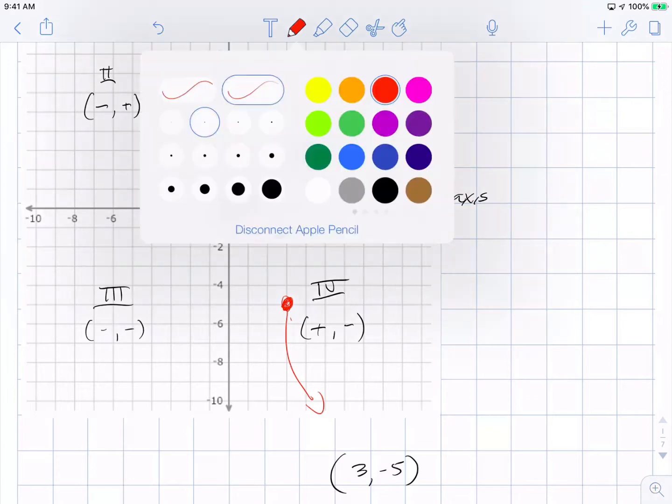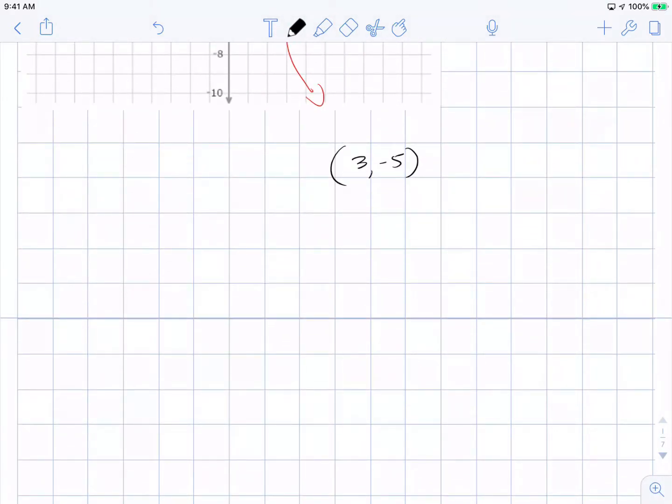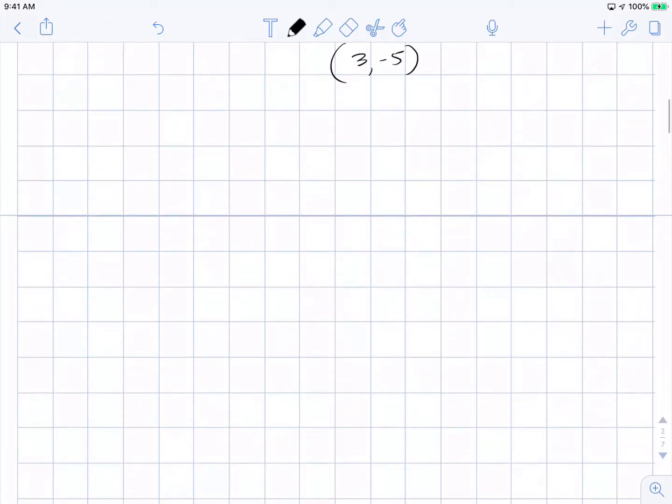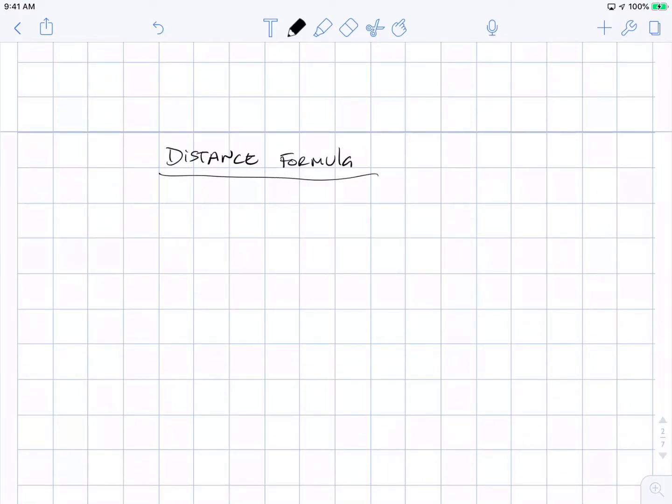All right. From here, I want to talk about our first topic, and that's the distance formula. The distance formula is pretty simple. It's one you may have used already. It's going to be very useful when you go on to higher levels of math. And it states this. It says that the distance